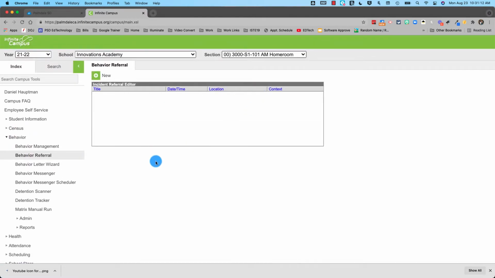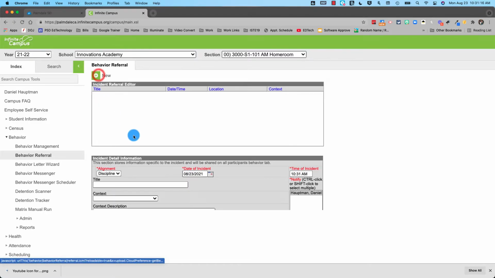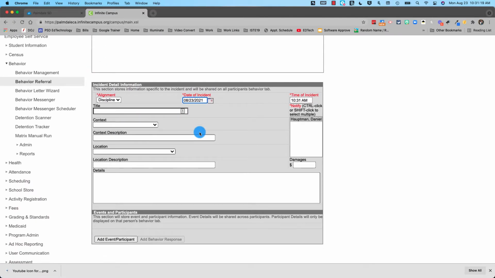So this area looks a little bit different. I am going to hit the new button because we're going to do a new referral. Again, we need to be specific with all of the areas in red. So this is discipline. Now you can do an award, but in this case, we're going to do discipline. This happened today, and it happened at